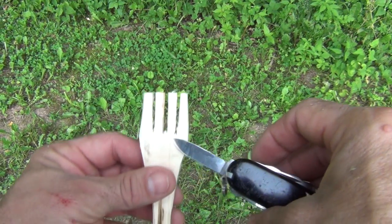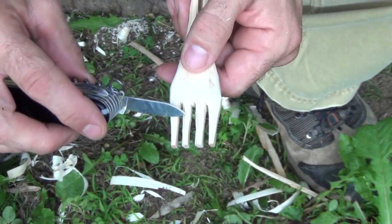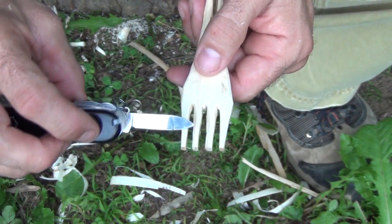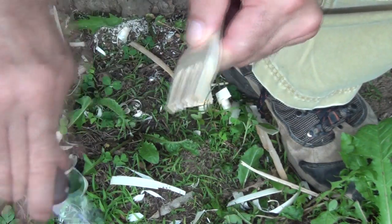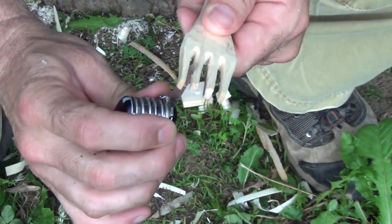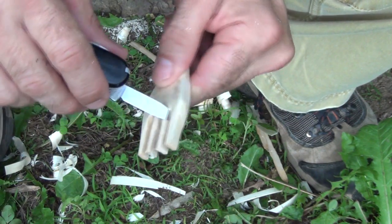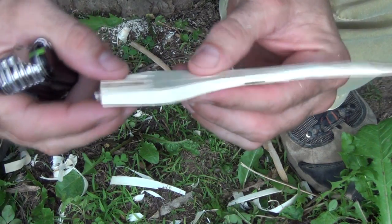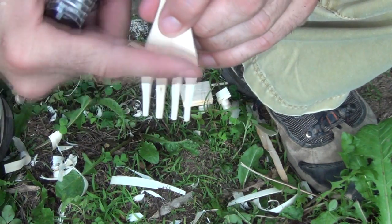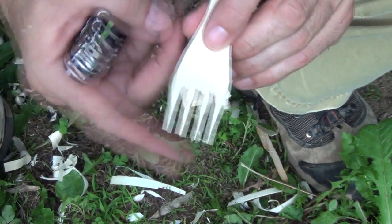without any jagged edges. So now what we're doing is we're just continuing to take our small blade here on our knife, and we're going in between here and we're just shaping each one of these into a smaller point, tapering from this end down here. And at this point our fork is still pretty thick through here. We're shaping it in this angle area first, getting these planes correct,